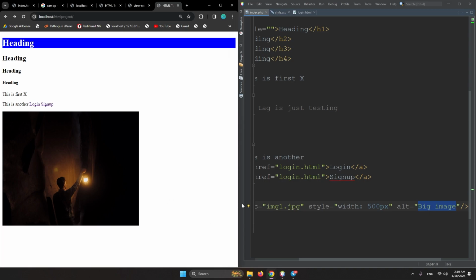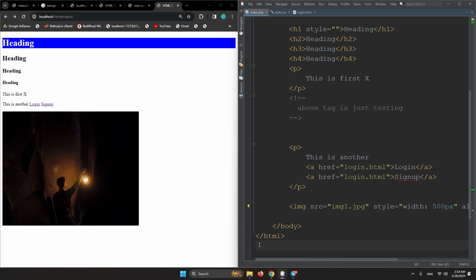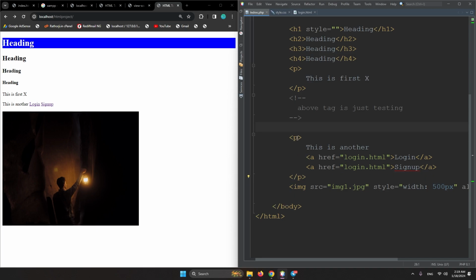So let's refresh. Okay, so we have seen the image tag, a very important tag. Some more tags we need to understand in